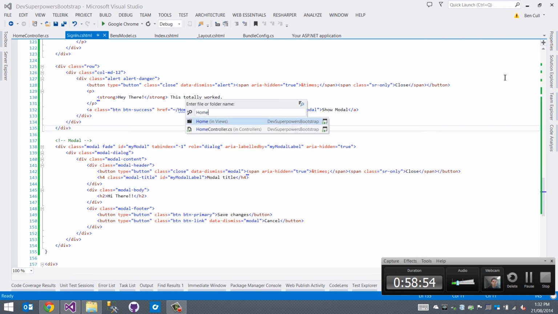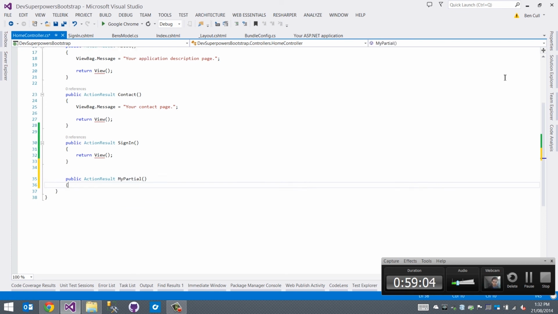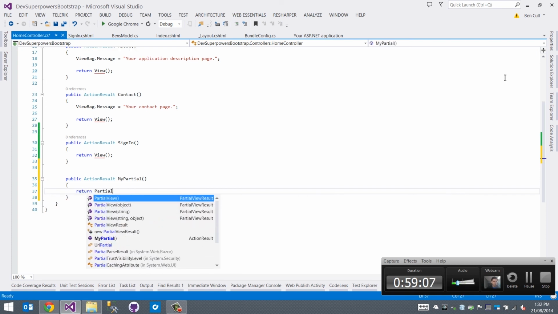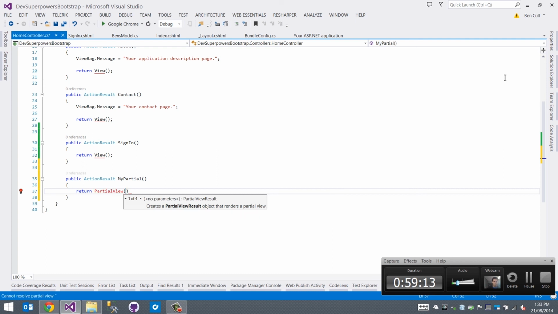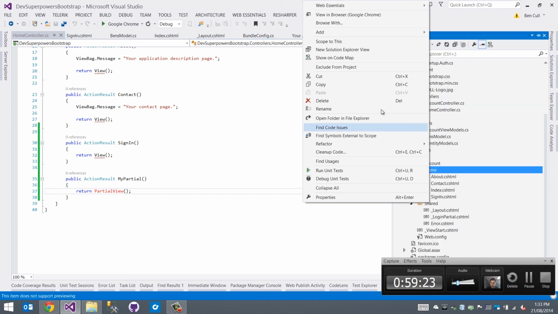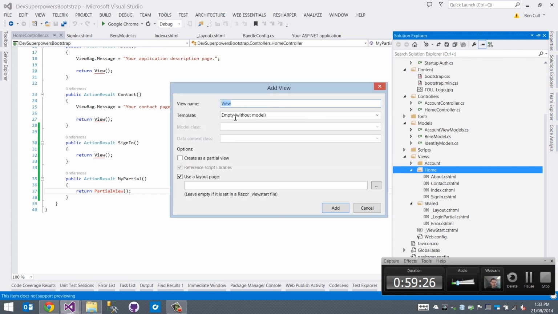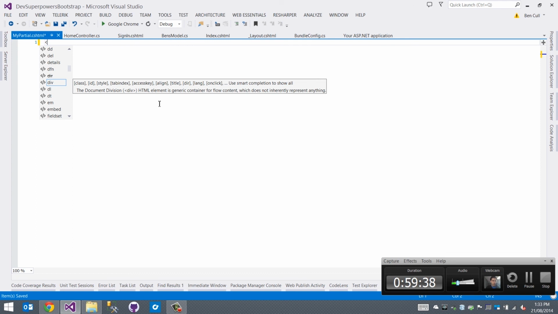So we'll jump into our home controller. We'll go public ActionResult MyPartial, and we'll return a partial view, and we'll call it just MyPartial. So where are we? We're in home. So we'll just add another view. MyPartial. And we'll just click the create as partial view. So in here I can say